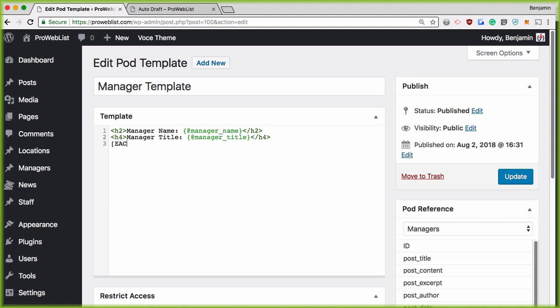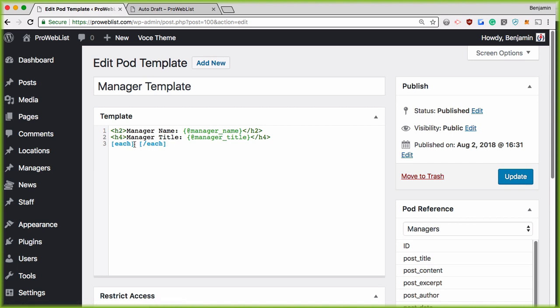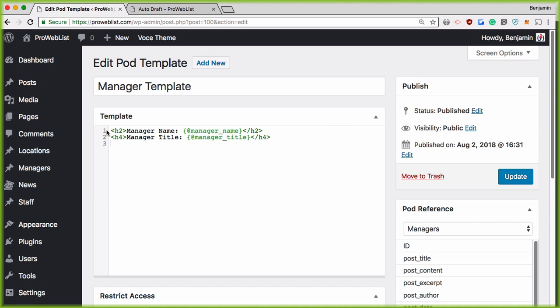One of them is called each. And you'll see it show up in blue here in the template. So each allows us to go through the loop. So basically, if we have a relationship field where we have multiple selected things, so let's say you have 3 managers assigned to the same restaurant, well, maybe you have allowed one of those fields to have multiple values. Now we can use the each to cycle through all of them, so that, let's say we had manager name,